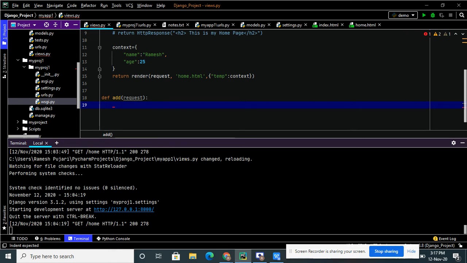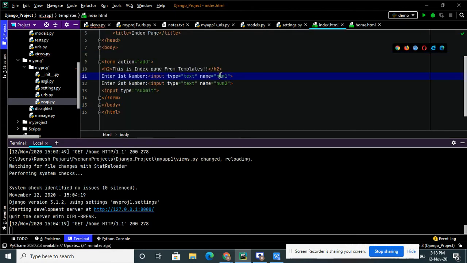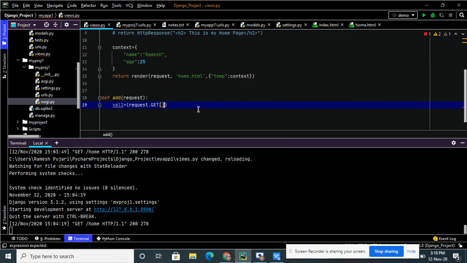After the request I have to pass the two values, value 1 is equal to, we have to call it by using request methods: request.GET. I'm getting the values from the HTML, what I mentioned in the HTML. I have mentioned the num1 variable, so I want to get this num1 variable from the HTML. Next I want the num2 variable.